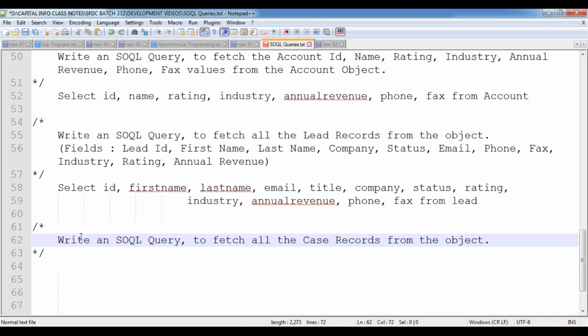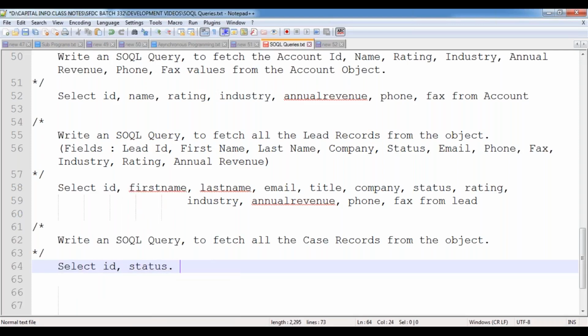I'm not indicating the column names. Without giving the column names, how can we fetch? We have to go to that object and verify what fields are there, and then we need to execute it. So now I would like to fetch the columns information. So what columns information would I like to fetch? Select ID of the case, case status, case number,